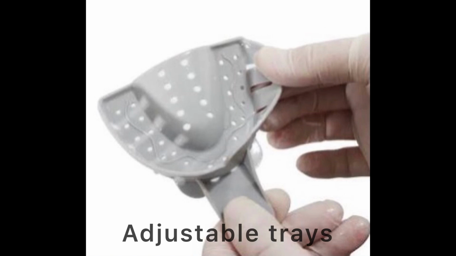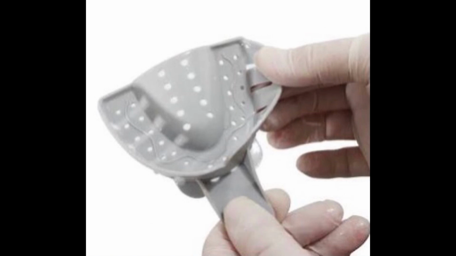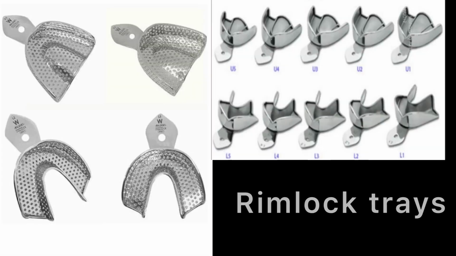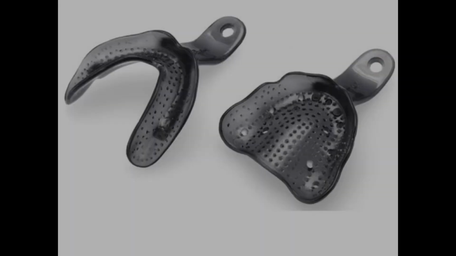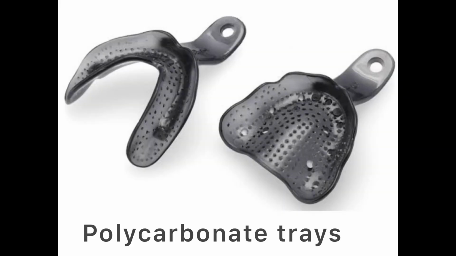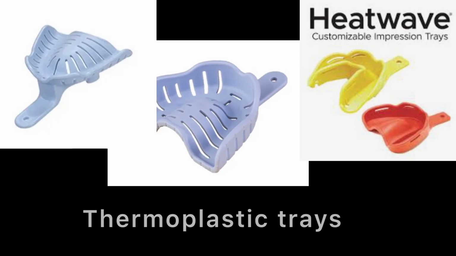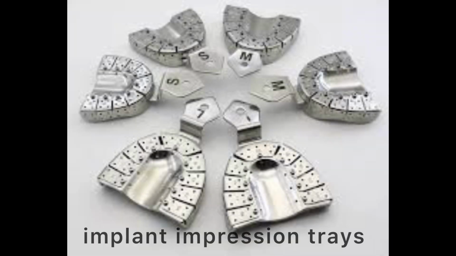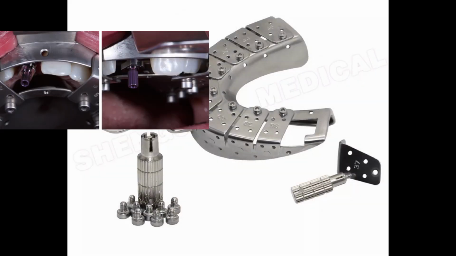Adjustable trays have flanges that can be molded to adapt better to patient's arch form. These are rim lock trays which enables locking in of the set impression and prevents the material from separating from the tray when it is pulled out from the patient's mouth. We have more durable polycarbonate trays, and these are customizable stock trays. On frame you see Vito tray implant impression trays. They have 9 removable sections in the occlusal part of the tray to facilitate open tray implant impressions. This versatile tray can be used for single or multiple implant impressions.